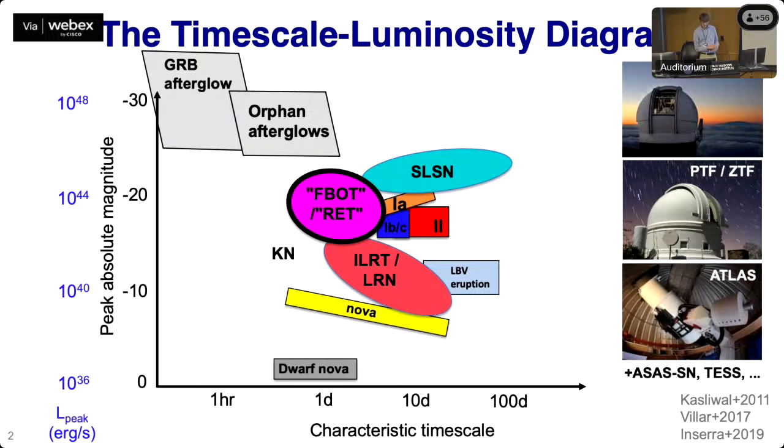So the history of this goes back to the surveys in the 2010s that were expanding our view of what the time domain sky could produce in the optical, beyond the classic supernova classes: type 2, type 1c, type 1a, superluminous supernovae. These low luminosity transients were being found by these surveys. And also a population was emerging, reported by people like Maria Drout and Pan-STARRS, of transients with characteristic timescales in the day regime. And these were given various names that essentially just told you what they were, such as fast blue optical transients,